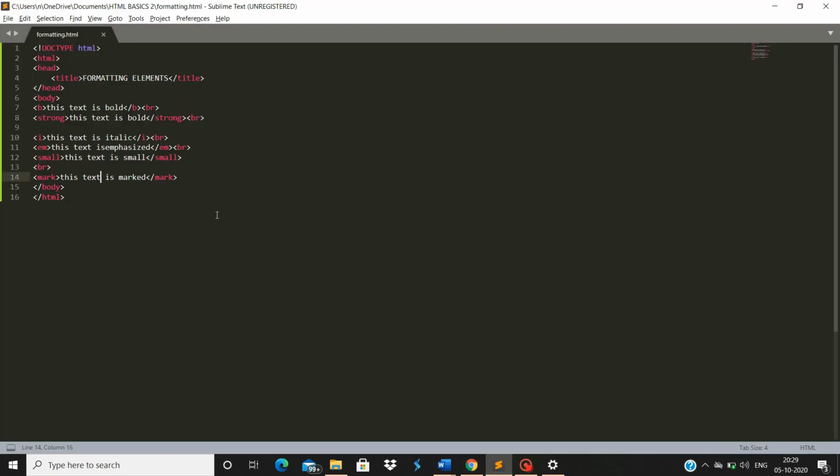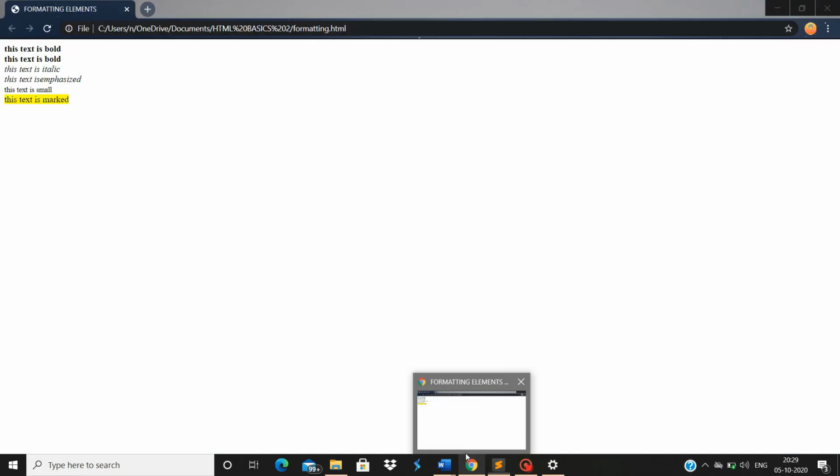I'll show you. Nothing complex. This text is marked. You can clearly see the difference. You can just mark that particular sentence, particular text.